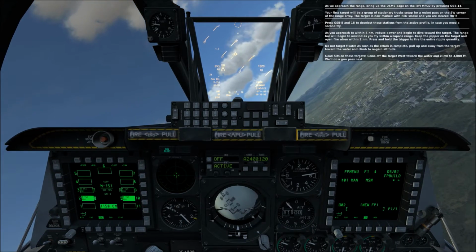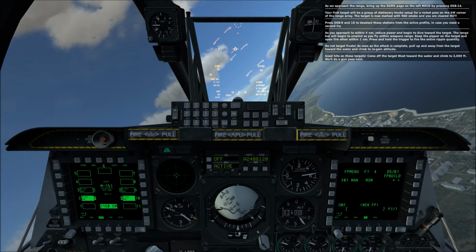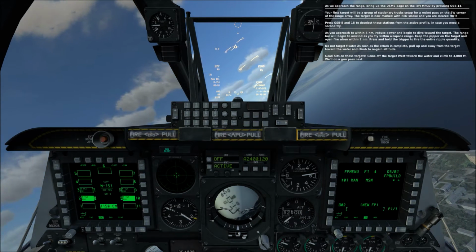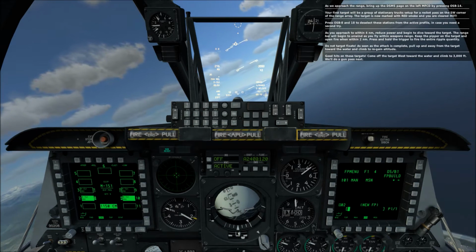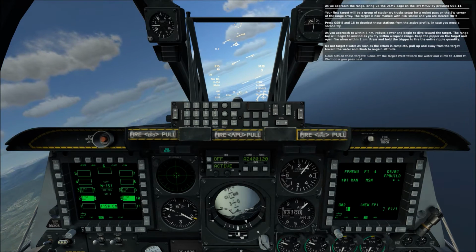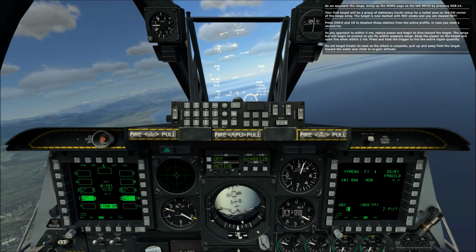Alright. So it says I've got what? 4 and 1? So it's like an asymmetrical launch, basically? I'm not sure I follow how these rockets work. Maybe I should have set it for like 4 at a time so it would launch...